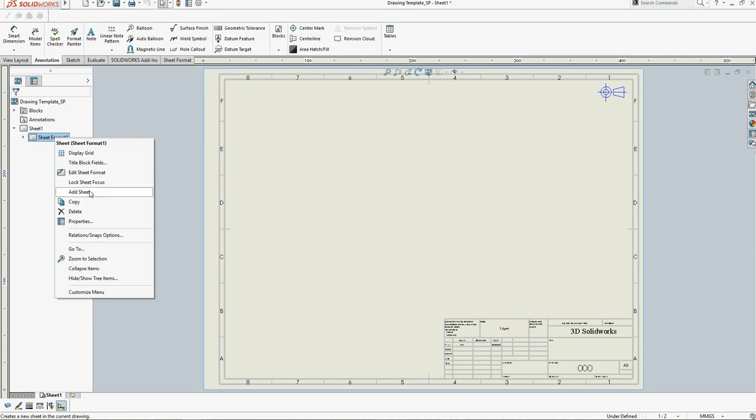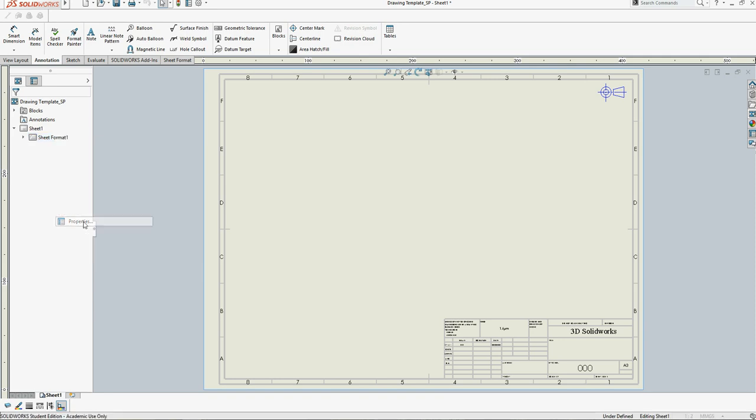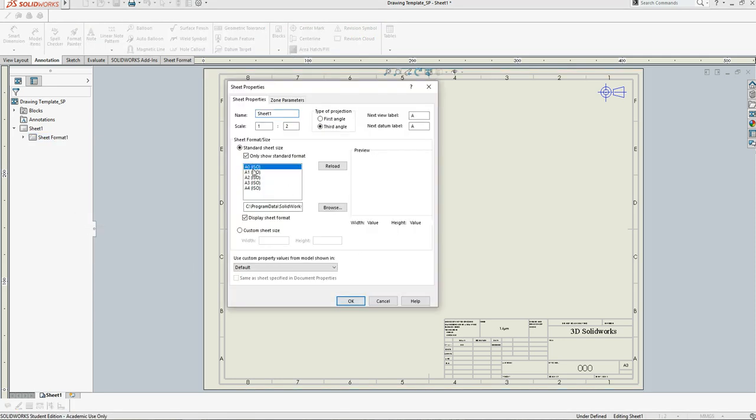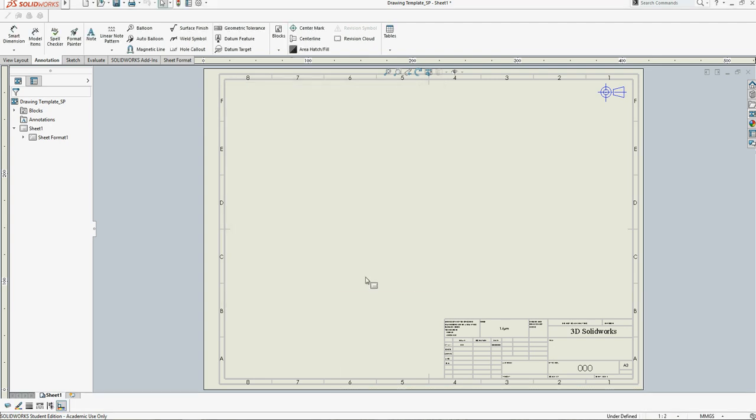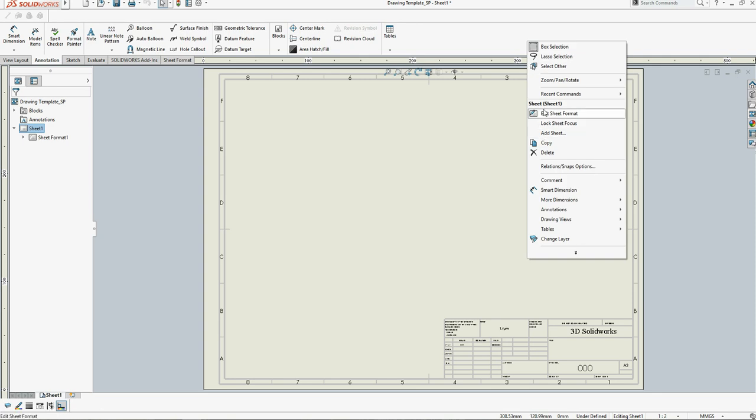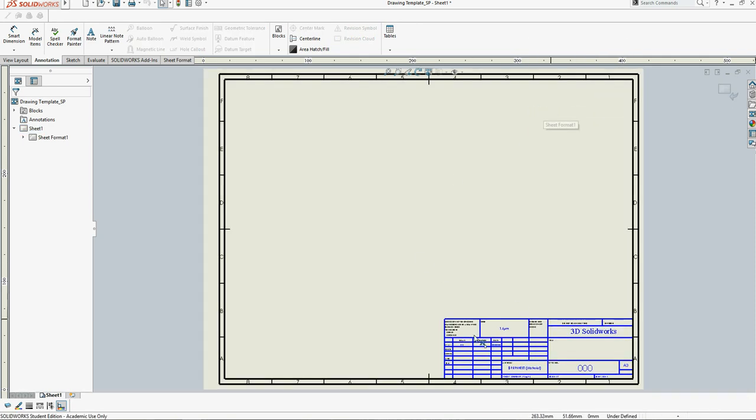Another thing to show you within there, I'm going to go back into properties. I've got different layouts. We've got an A3 layout. This is the type of layout we've got, and you can display it, or I can undisplay it. Job done. Okay, so my title block, you can see it, it's behind. If I click on it, I'm not really accessing my border, I can't access it. What I can do is right click, choose edit sheet format, and now this is